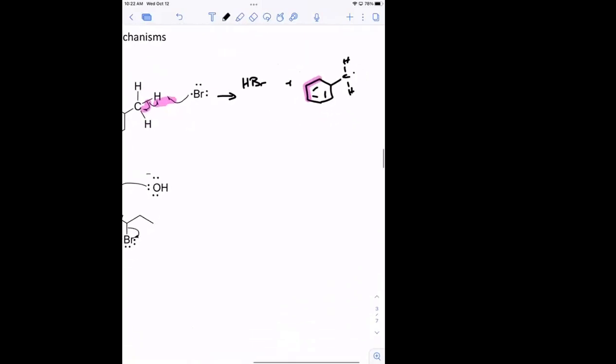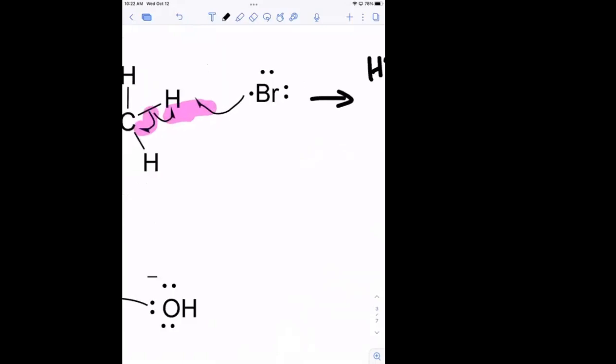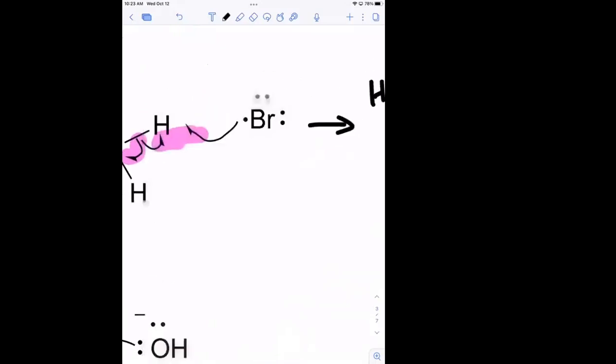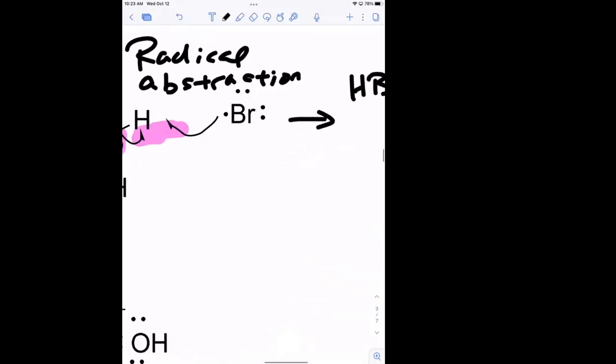Right? So this particular reaction doesn't fall into one of our categories immediately. It is a precursor to one of our types of reactions. This process right here, I want you to get familiar with it because you're going to see it again. This process of removing H and removing one electron is called radical abstraction. You're going to see this in the next section when we do radical reactions and go through the mechanism. That's why I put it here. All right. What this is, though, is a precursor